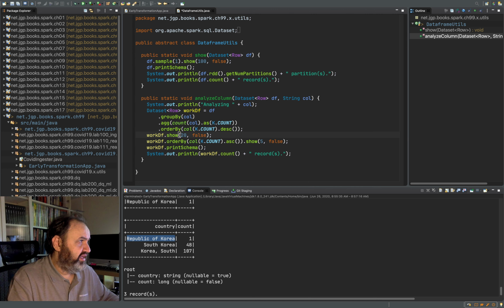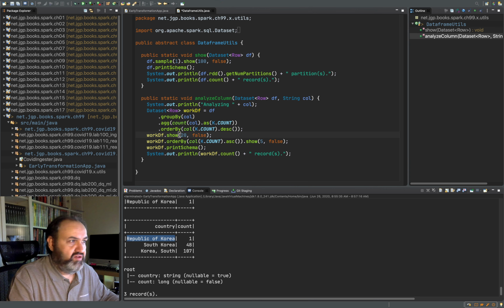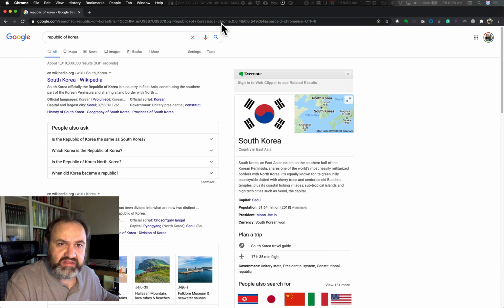So there's nothing like a little bit of Googling on that to make sure that it's not like a former East Germany where they called it the Democratic Republic of Germany, and it was actually not a democratic one. But let's just look at that.